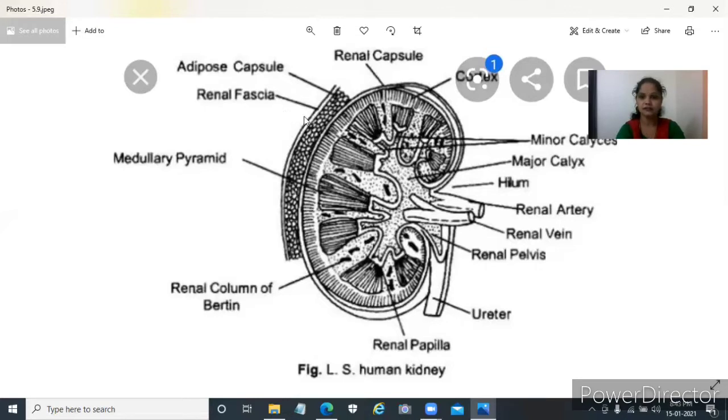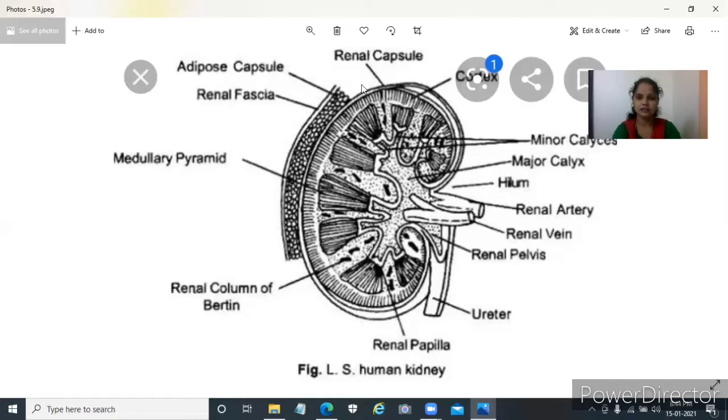First, the outermost renal fascia. This renal fascia is the outermost layer, thin, transparent, and made up of fibrous connective tissue. Its main function is to anchor the kidney to the abdominal wall as well as to different tissues, which means to fix the position of the kidney in the abdominal region and surround the other tissue. Now the adipose capsule. This is nothing but a fatty mass of tissue, and it helps to protect the kidney and to absorb shock.